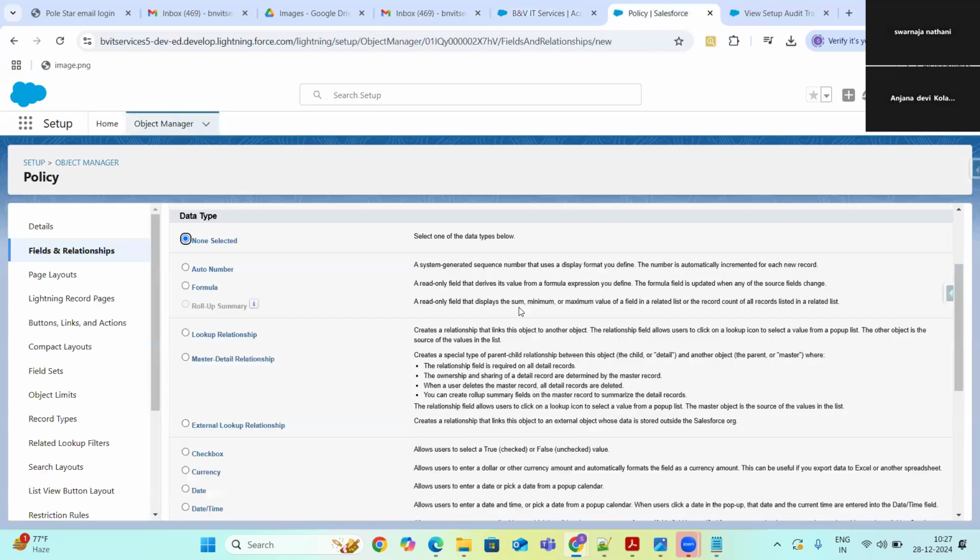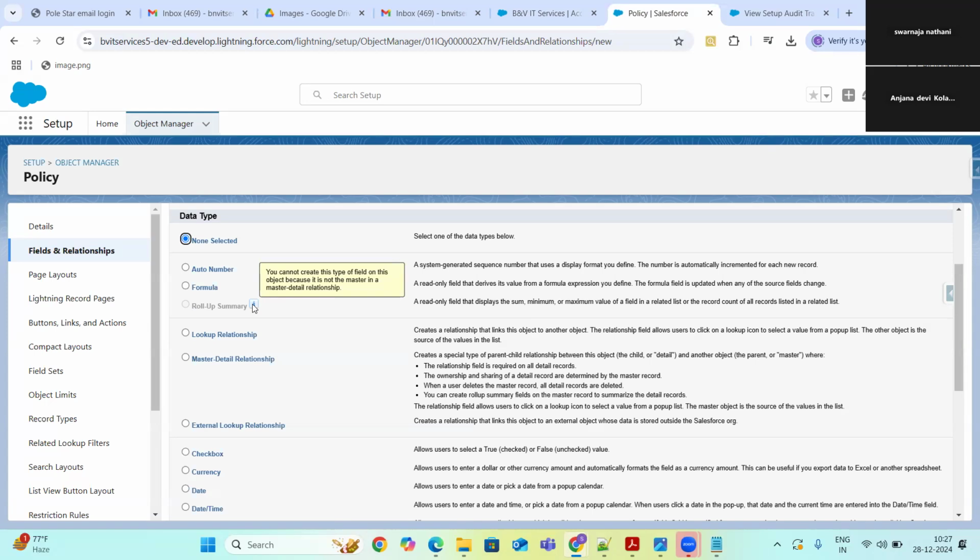A read-only field that displays either sum, minimum or maximum value of the field in the related list of the records, like count of all records, maximum of records, minimum of amount of records, such kind of roll-up summary fields.